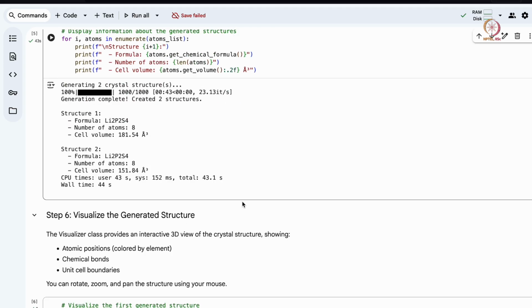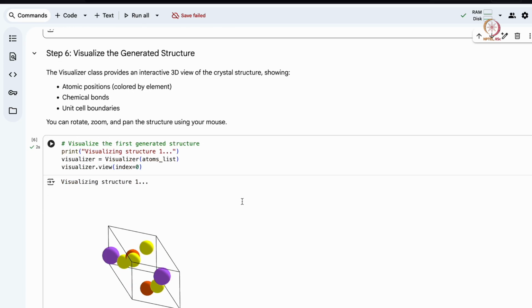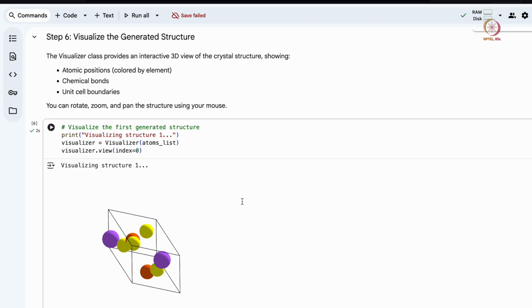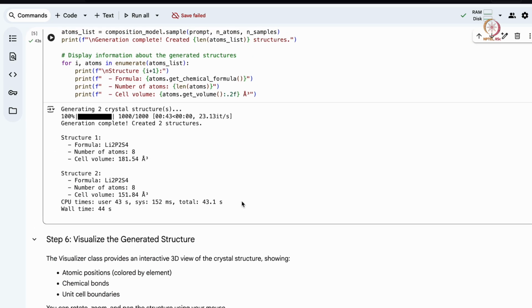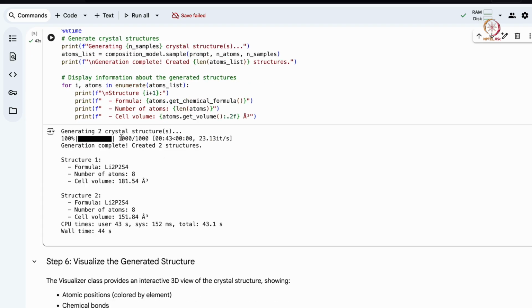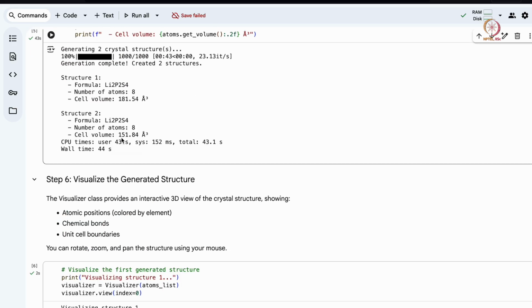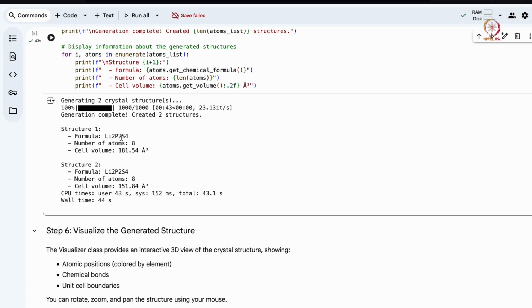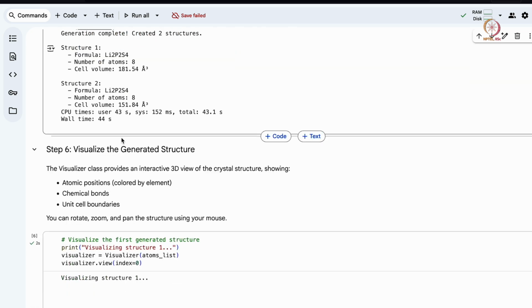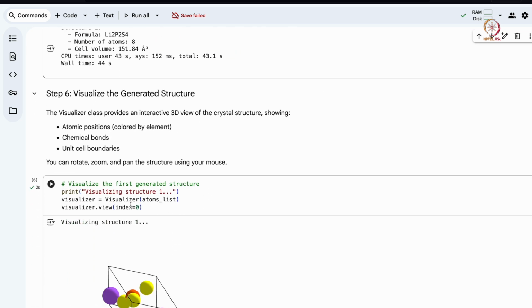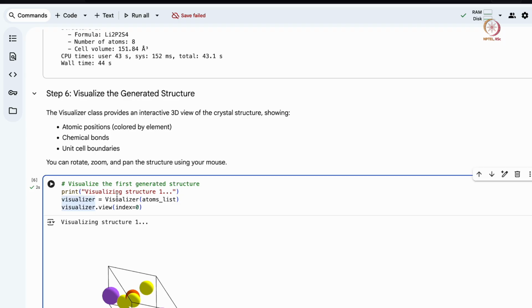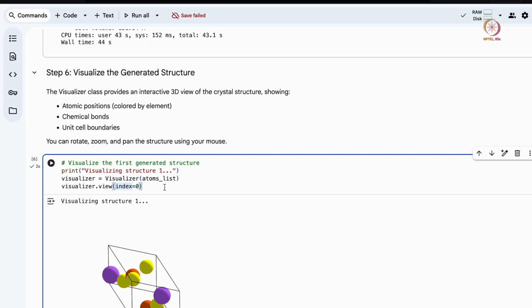Now suppose we want to visualize these structures. As I was saying, the structures are generated and stored as lists in this atom list, and then you can take each one out and view it. So we initialize the visualizer with this atom list, and then the index tells which structure you are trying to parse.